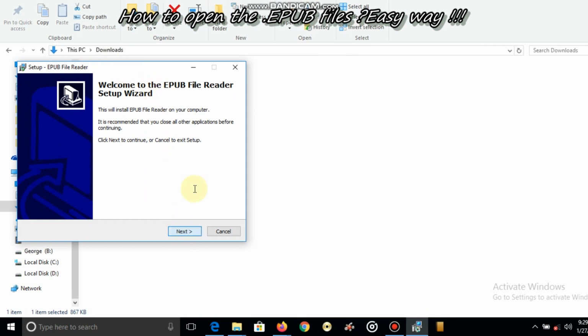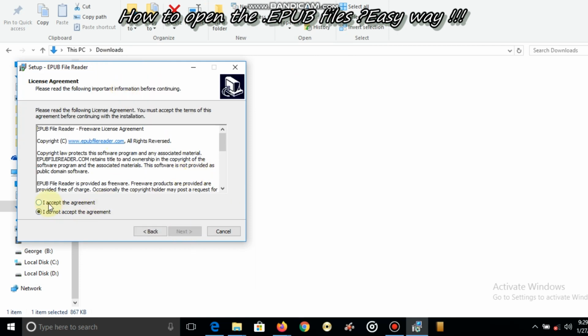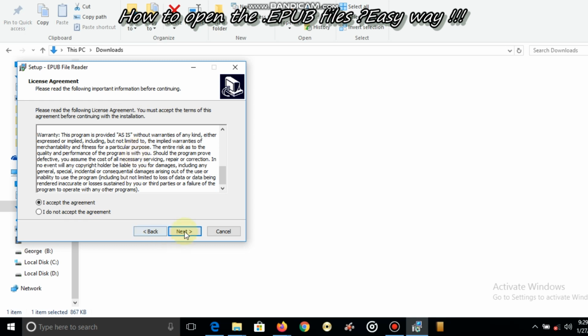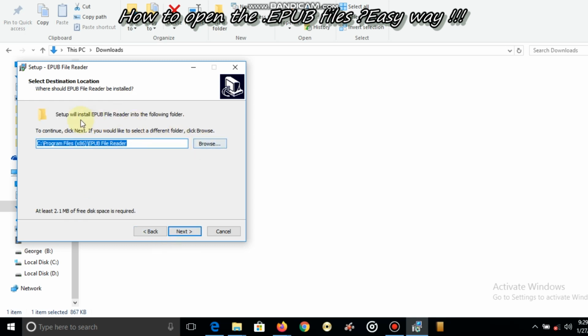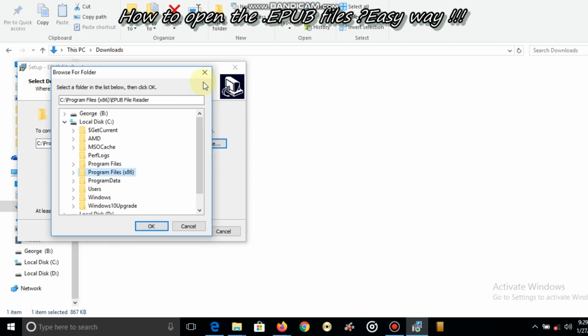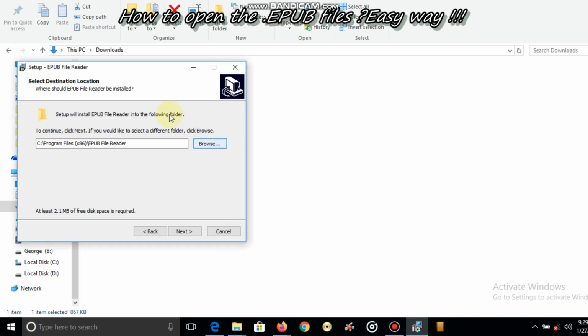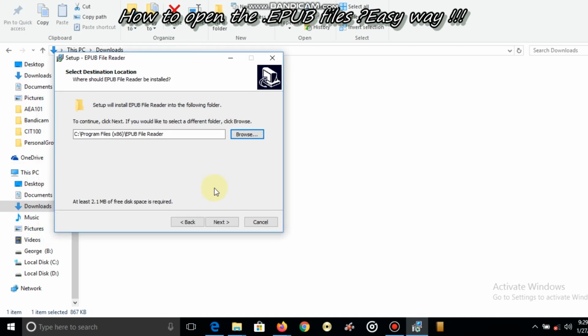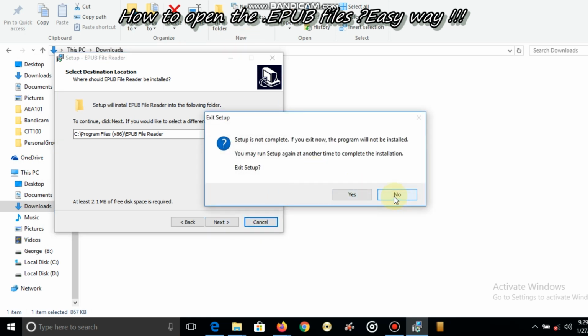For example, you could click next, then you have to accept the I accept the agreement between you and this EPUB file reader. Okay, after that you can click next, then it will take you to where you want to store, okay, the destination location for this EPUB file reader. So you have to choose your own directory or your own location. So after that you can click next till you have proceeded,